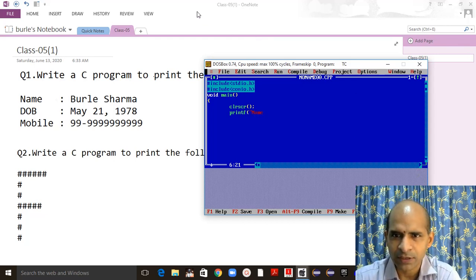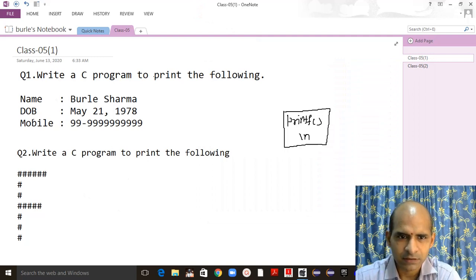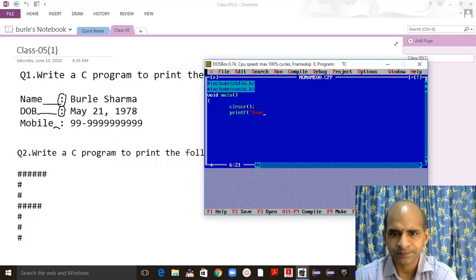The most important thing here is the space we have applied. We have to apply space here, again space here, and then some space here, so that this colon will be on the same line. So let me do that. Some space, name, then after the colon there is again a space and my name is there. Since we want to create a new line, just put slash n.